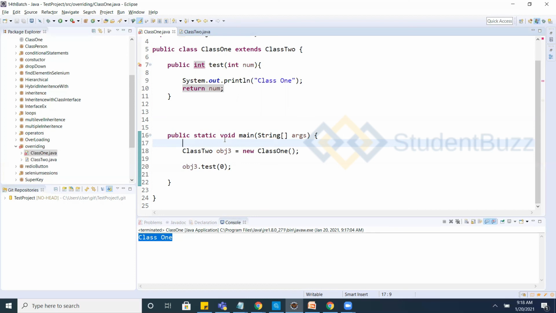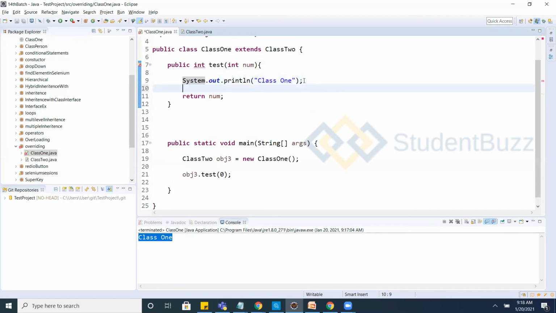When you are overriding, you should have a minimum of two classes. Inheritance should be implemented. The method name, the return type and the parameters of the method should be exactly the same as in the parent, and the child will be the same. The implementation may differ. You can implement it in a different way.